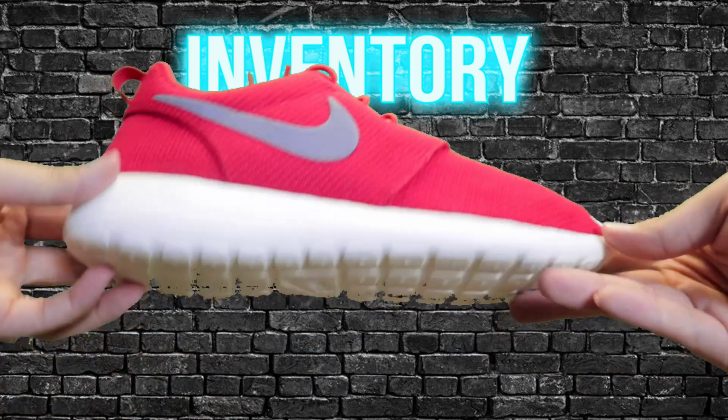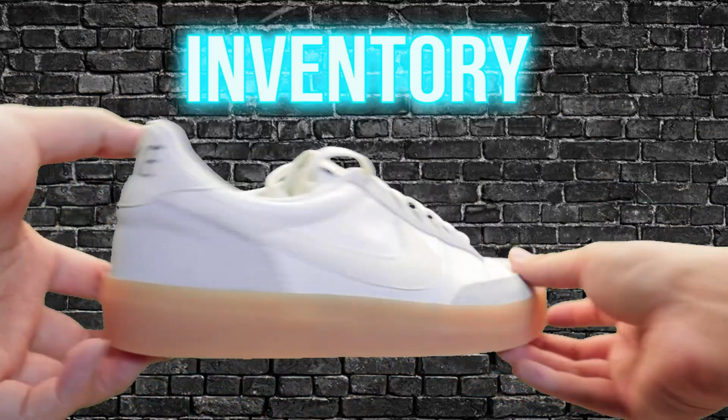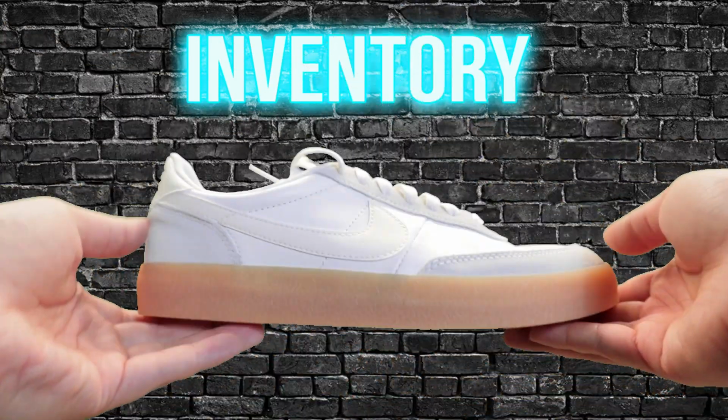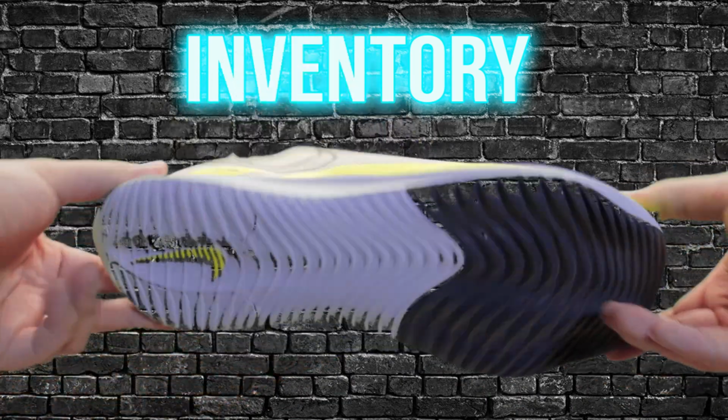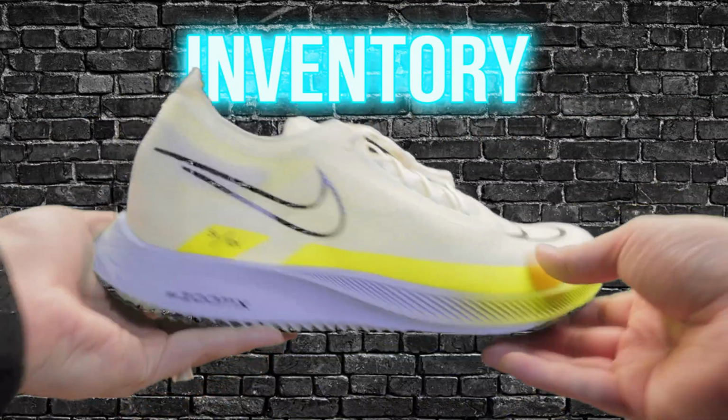Then the Sport Red Cool Gray colorway, we have a 7.5. Then in the Nike Killshot 2 Leather Sale Gum, we have a 10.5, 10, 9.5, 8.5, 7.5, and 9.5. Then in the Nike Zoom X Streakfly Mint Foam Volt, we have a size 12, 11.5, 10, 9.5, 8.5,